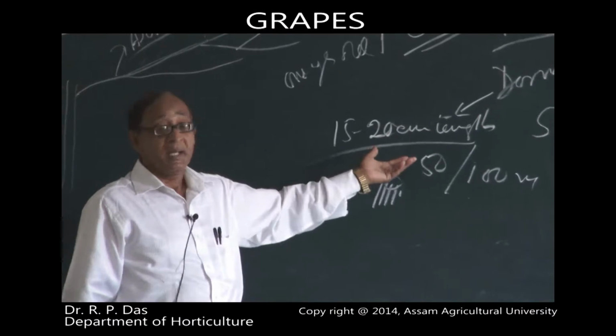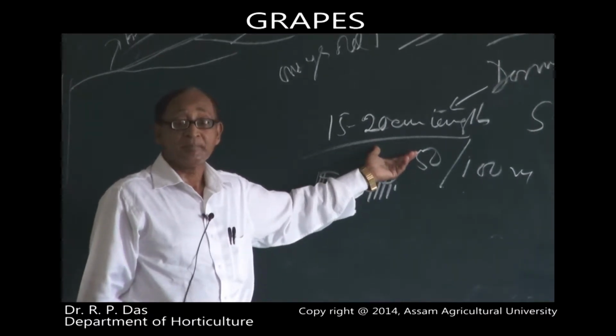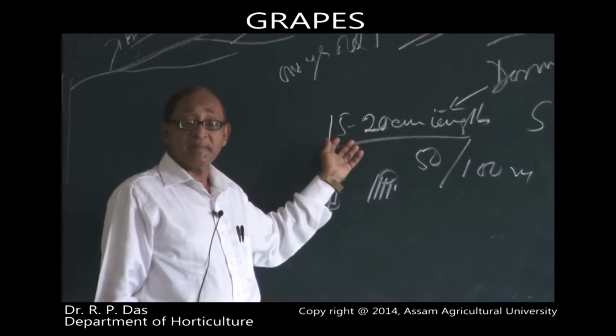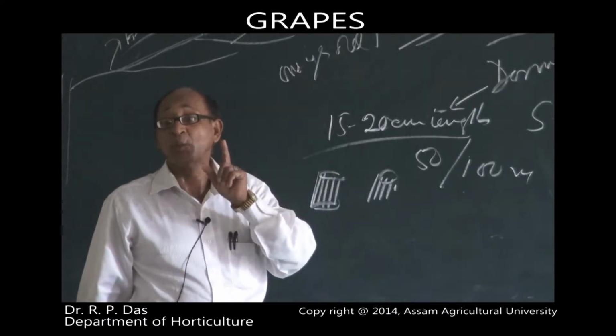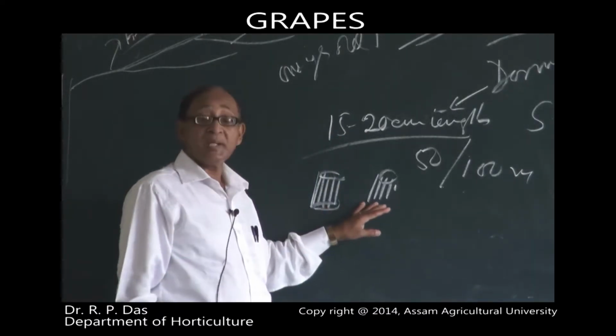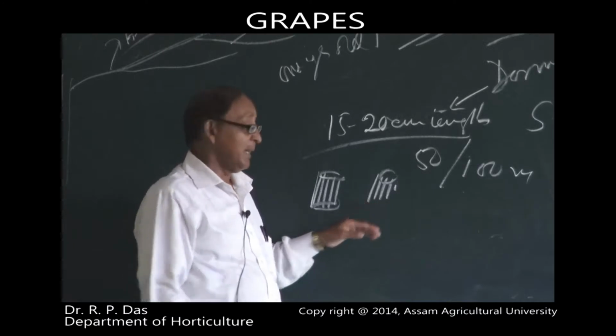These cuttings, 15 to 20 centimeter length having 2 to 3 nodes, are made into bundles of 50 or 100 numbers, then kept